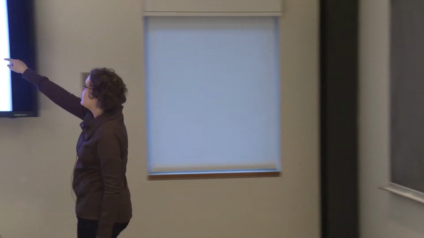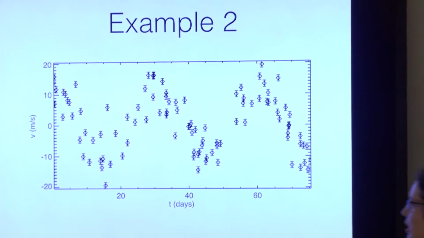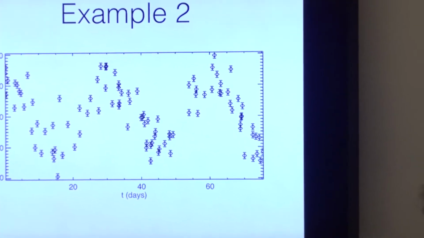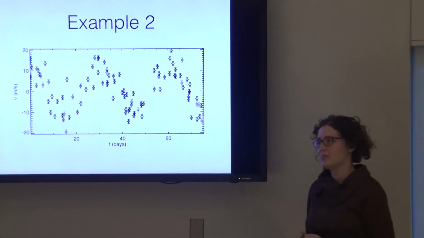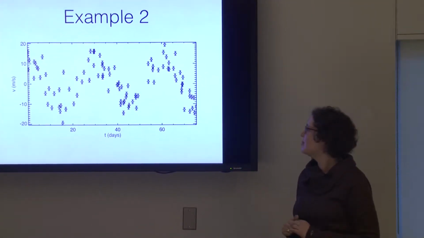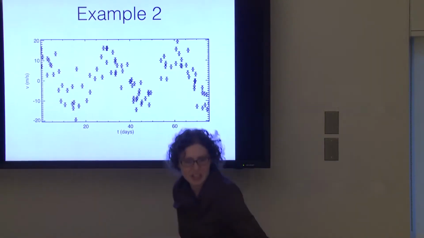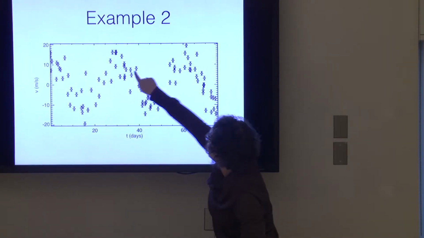Like if I drew a sine wave through this data set, would it look like it's an adequate match to our data? I kind of wish I had done that, but if you imagine this kind of sine wave going through these data points,